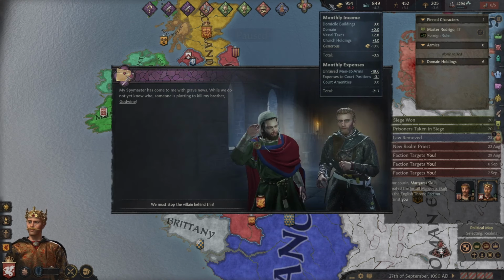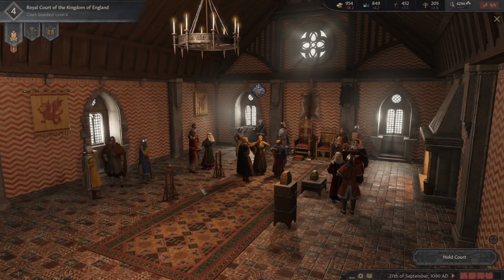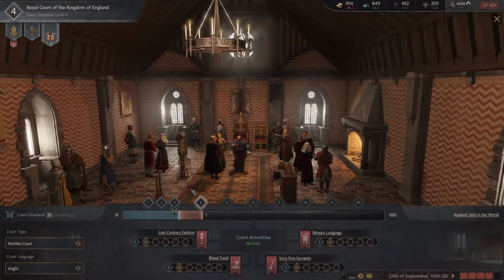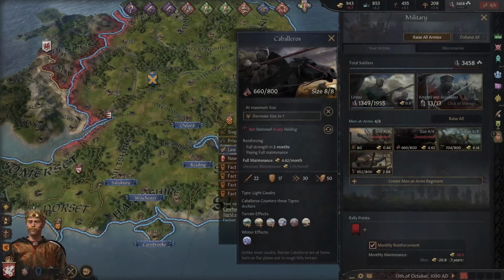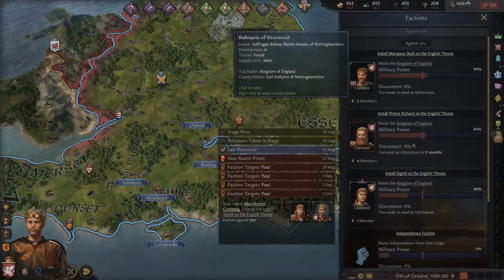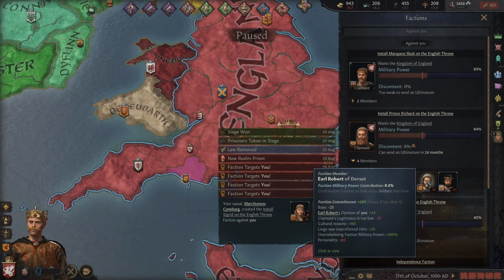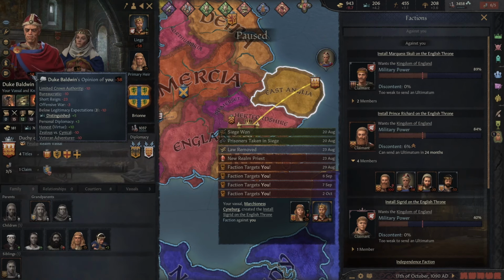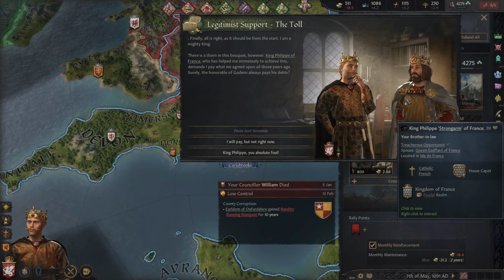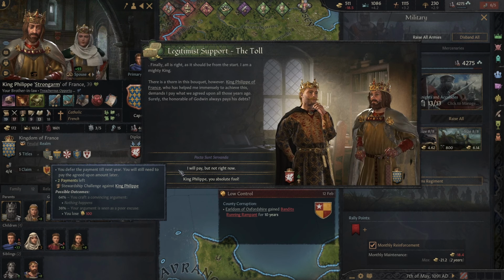All right, we need to bring down our costs, and I think most of our costs are coming from, let me double check, I think it's our troops. Troops are costing a lot. Let's do that, and let's do this. How bad are these factions? There's some dangerous factions afoot. Everybody's mad. There are certain people who are mad at us. Why are you mad? Probably due to the bureaucratic, short reign, offensive war. Legitimists support the toll. How much do we owe him? I will pay, but not